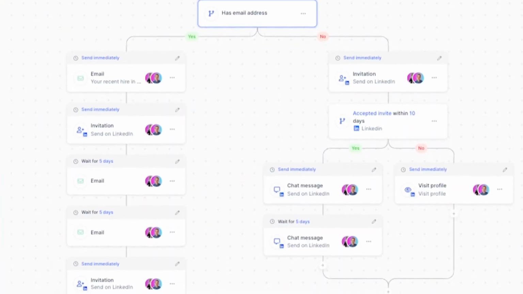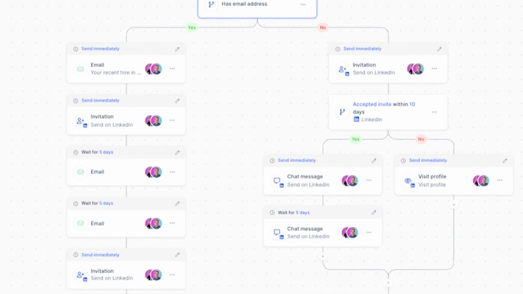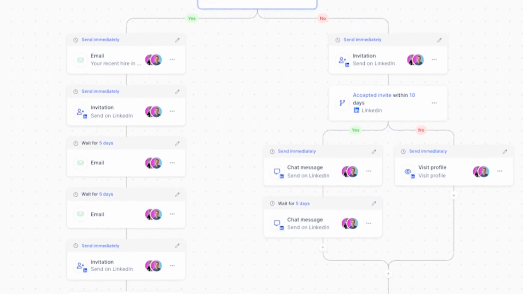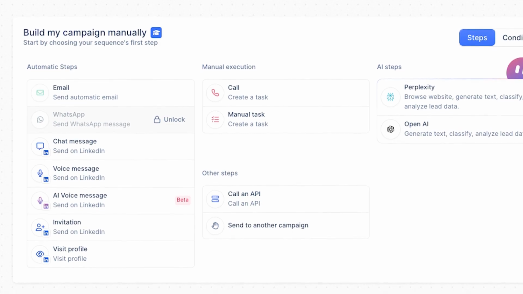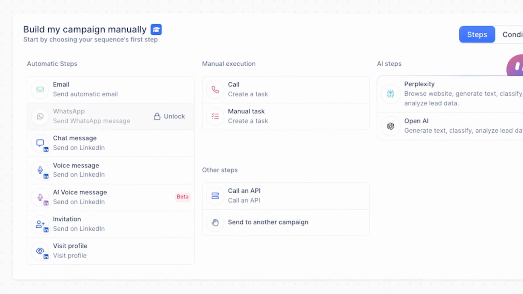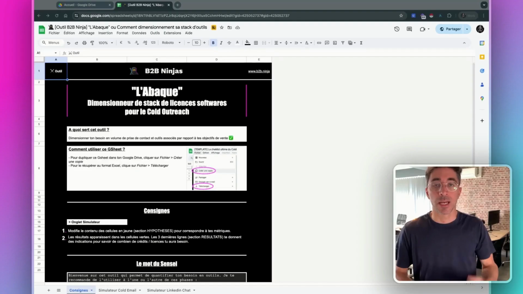I won't go into detail, but basically you can create sequences that mix these different channels in all sorts of ways. It's up to you to test what works. Do you add a few LinkedIn touchpoints in the middle of a sequence with several emails? Or on the contrary, do you send an email after several unsuccessful attempts on LinkedIn? There are plenty of possible approaches, but I'll let you test them out in a multi-channel strategy once you've done this A/B test in isolation.